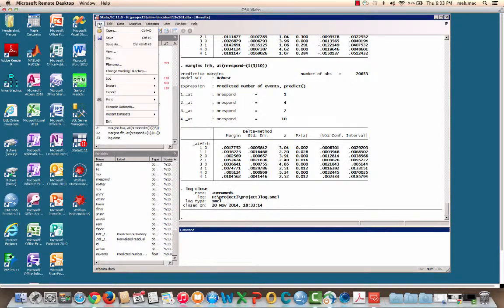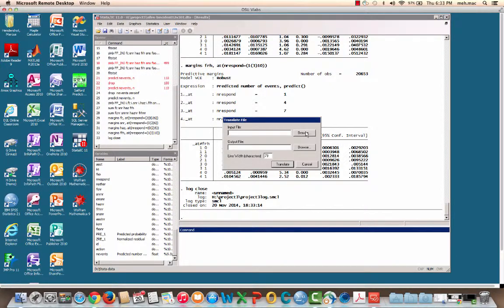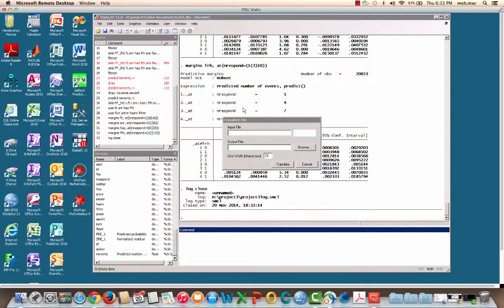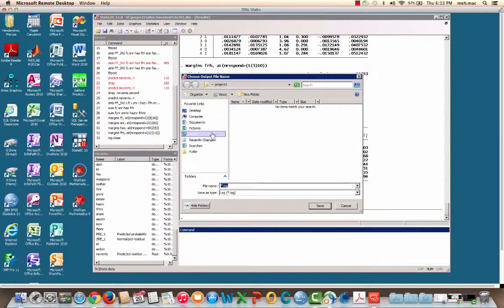So I'm going to go up here and click on file. I'm going to go to log. I'm going to do translate, and I'm going to browse. It should pull up, but if it doesn't, it should be on your desktop. Click on your H drive, and go to project 3 where I had this one. I've got project 3 SMCL. I'm going to then browse again. It should put me right back in the same folder, but let's just do the steps again. H, project 3, and I'm going to say the same thing that I did: project 3